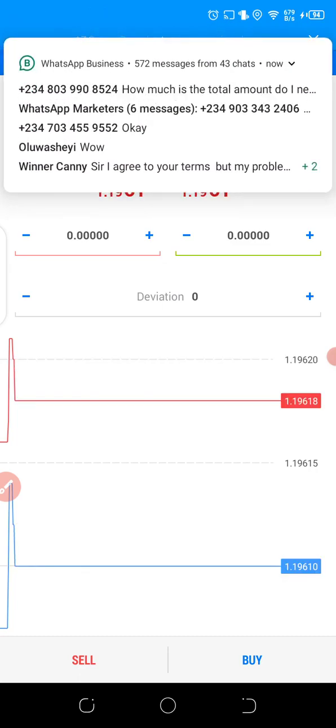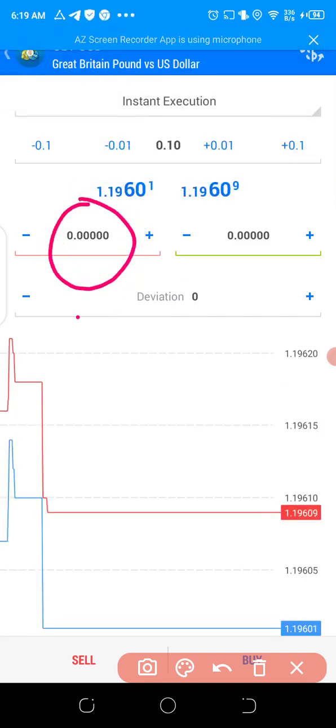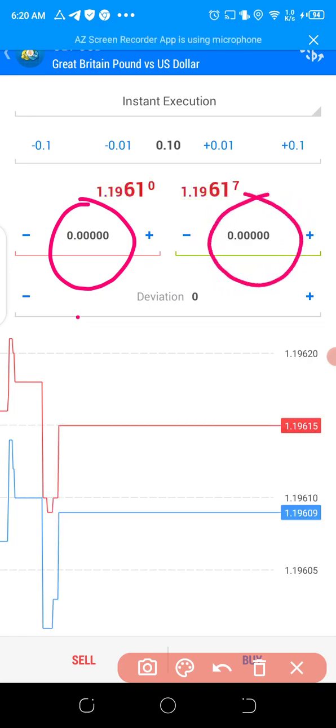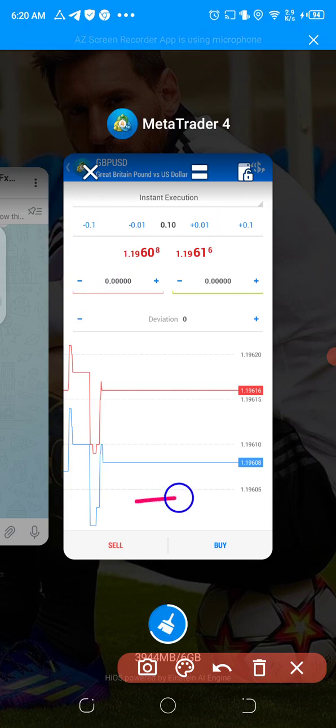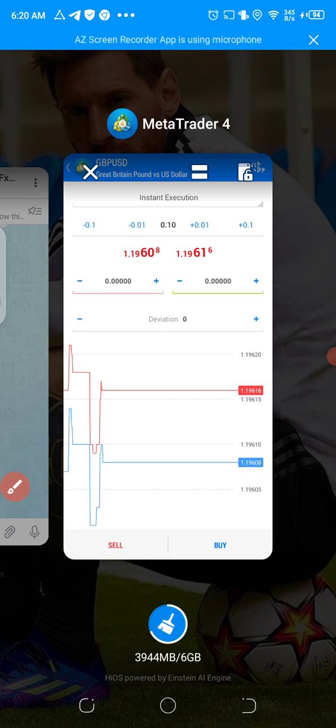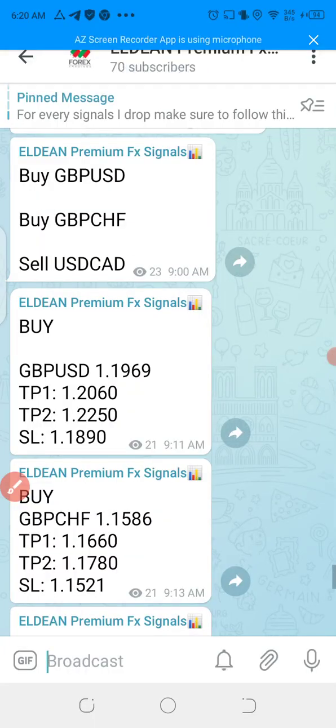Below here we have the red line. This red line signifies where you input your stop loss, and this is where you input your take profits, the other green side. So normally every signal comes with a stop loss and take profit. We have take profit 1, we have take profit 2, and we have our stop loss here. So whenever you see SL, it means stop loss, and TP means take profit. So here it is. You have to take in the signal within this range,